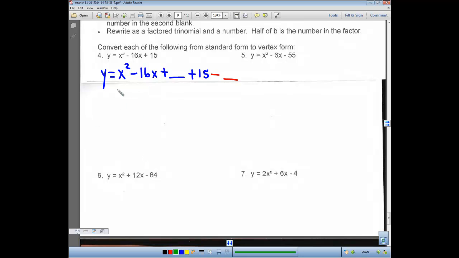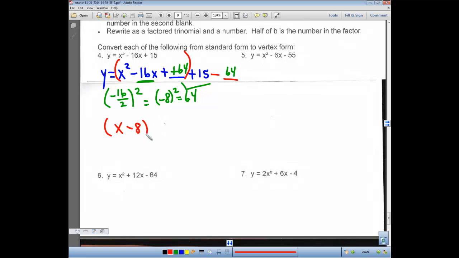To fill those in, all we have to do is take half of the b term, square it, and put it in both of those blanks. So this is going to be plus 64 minus 64. This piece right here is a perfect square trinomial, x minus 8 squared. We get this number from this piece right here. The 15 minus 64 becomes negative 49. So y equals x minus 8 squared minus 49, and we have just rewritten our quadratic equation from standard form